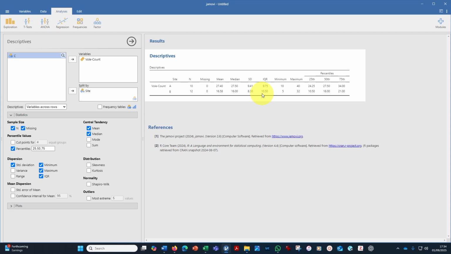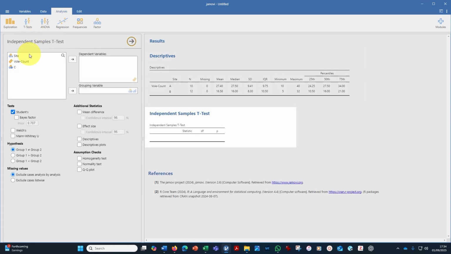In addition, I want to do the actual test. So the Mann Whitney test doesn't have a particular entry in our menu in Jamovi. The graphic user interface is quite simplified and really good for teaching, but here we actually find the Mann Whitney test and the Wilcoxon test in our t-tests box, because t-test is a test of two samples, either paired or unpaired. So we're going to basically carry out a t-test, independent samples in this case,